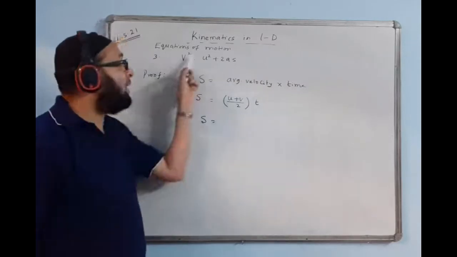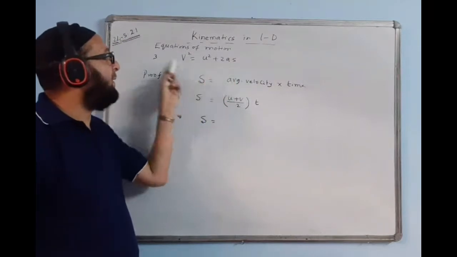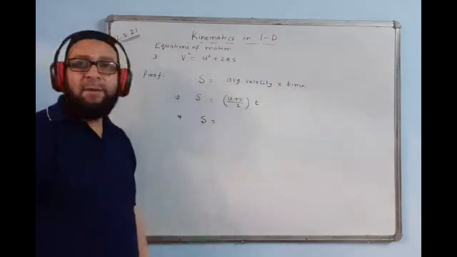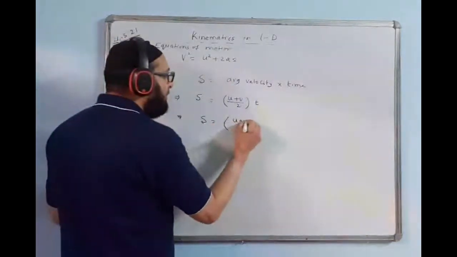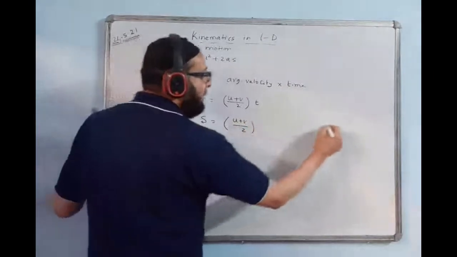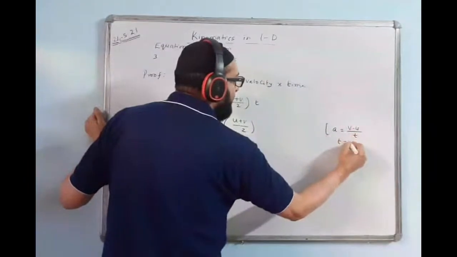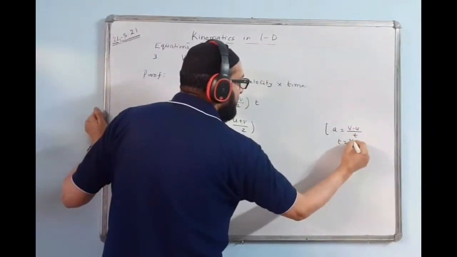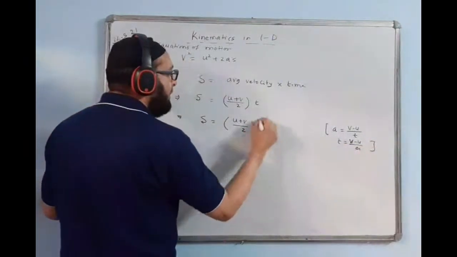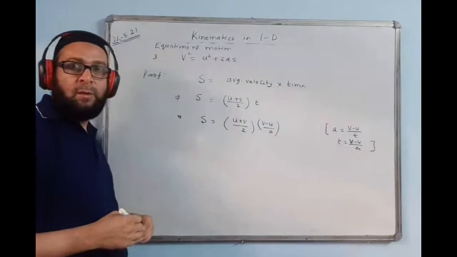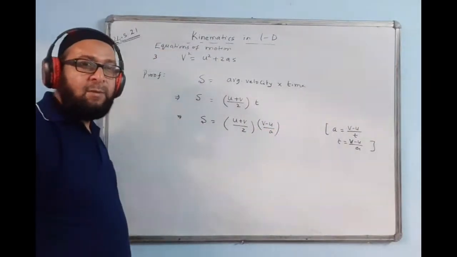So in the formula which we want to prove, what does not come? I don't see t coming anywhere. I'll put the value of time there and the rest of the thing I'll keep as it is. That means here you can write u plus v by 2 as it is. What can I write for time? We know the acceleration formula is rate of change of velocity. Therefore, the time value will become v minus u by a. Instead of time, I write this v minus u divided by a. A is equal to change of velocity upon time. Therefore, time will be v minus u upon a.